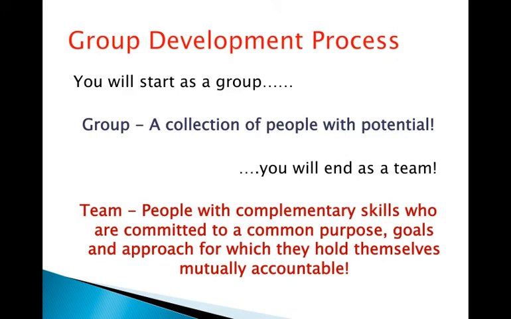And so a team is this collection of people that have complementary skills, emphasis on complementary, who are committed to a common purpose, goals, and approach for which they hold themselves mutually accountable. There's some key business terms here that are extremely important. Complementary skills, so you're looking to balance and make sure that you cover all your bases and components from a business standpoint. Common purpose and goals, that's to make sure that everyone understands what you're trying to achieve and then how to do that based upon approach. And then accountability, which in the business, marketing, diversity, and management world is extremely, extremely important.